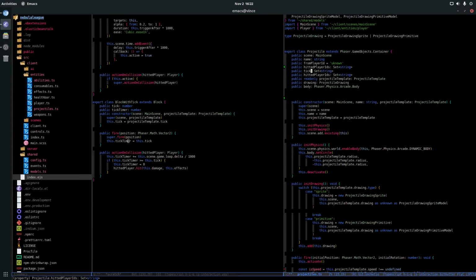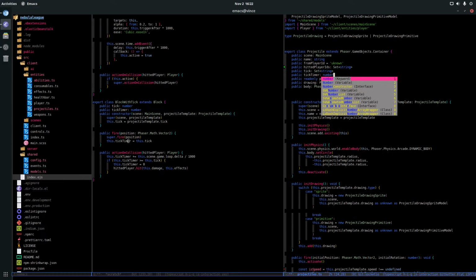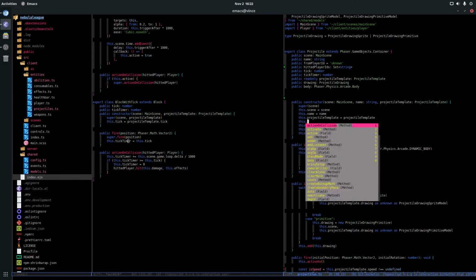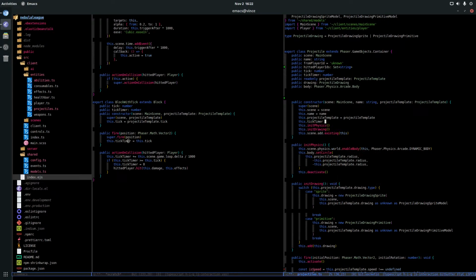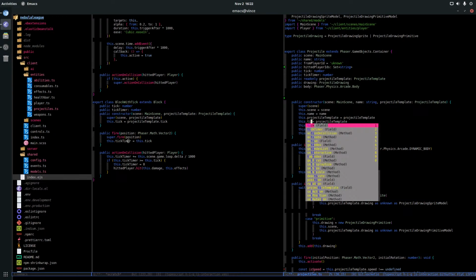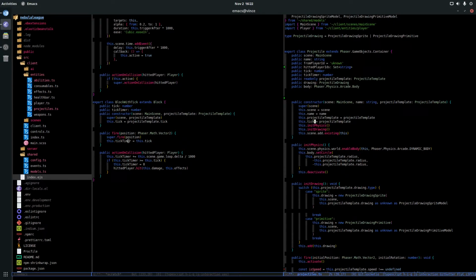So I need a tick and a tick timer. It's a number. The tick timer is on the projectile template. Tick is a terrible name, but I keep it.